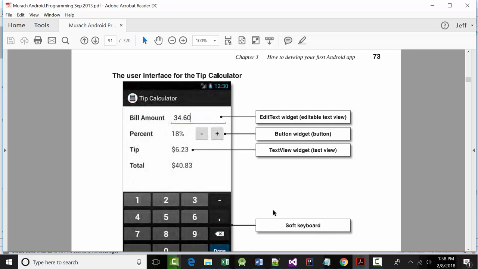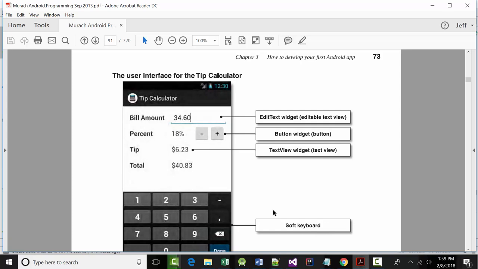All right? So, for example, this one right here. Of course we have different books. They call this one the bill amount, right? So the bill amount will be bill amount label is what they call that one. That's what they suggest. All right? At least that's what I've got in my book here, but we're going to see as we go on. All right. We've got the tip percent label over here. So tip percent